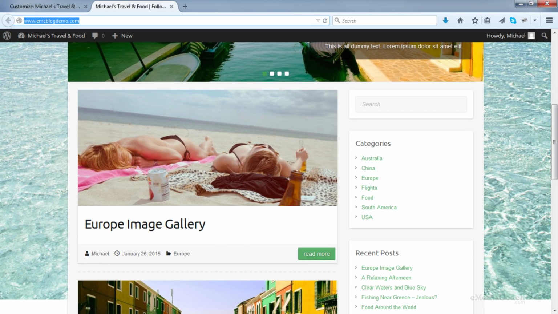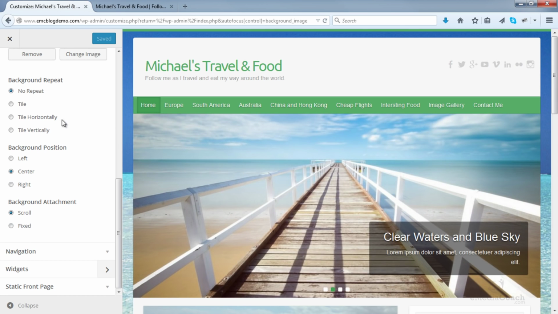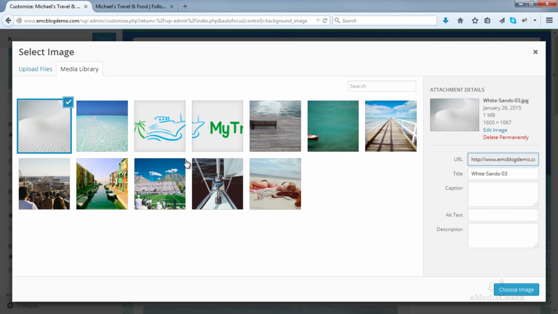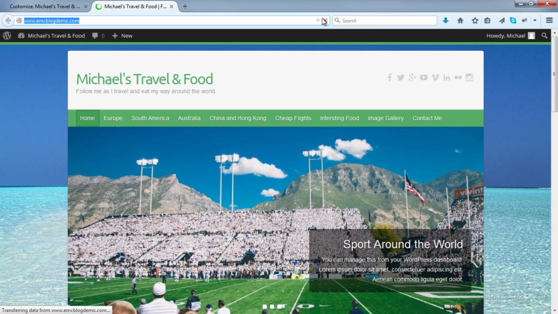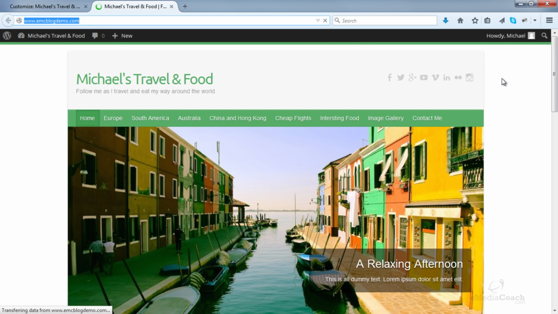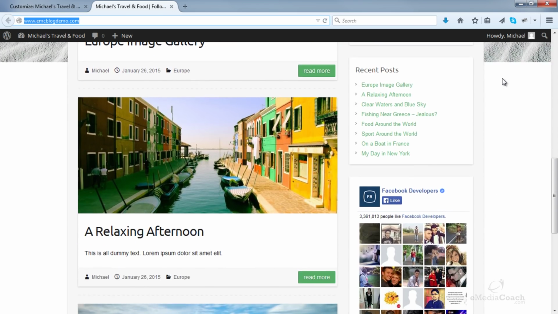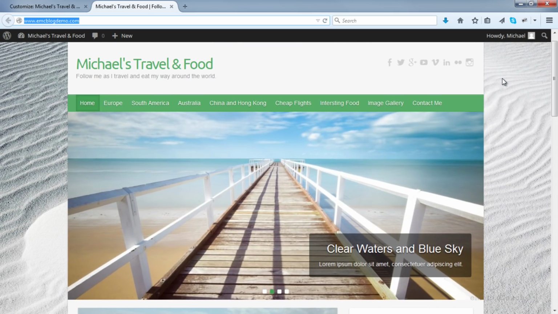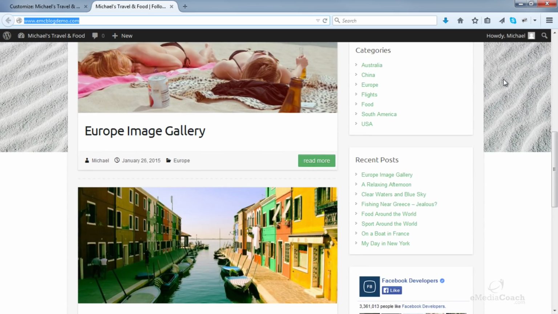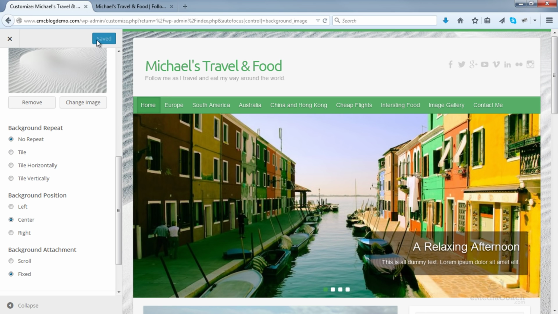So as you can see, that looks pretty good. You can always change the image you use. There we go. And see how that image is actually cutting off? That's because the original image is not long enough. But that's fine because I like using a feature called fixed, which means it does not scroll. I'll show you what I mean.